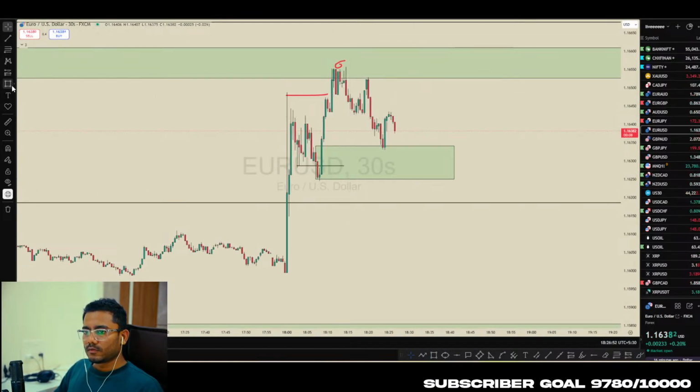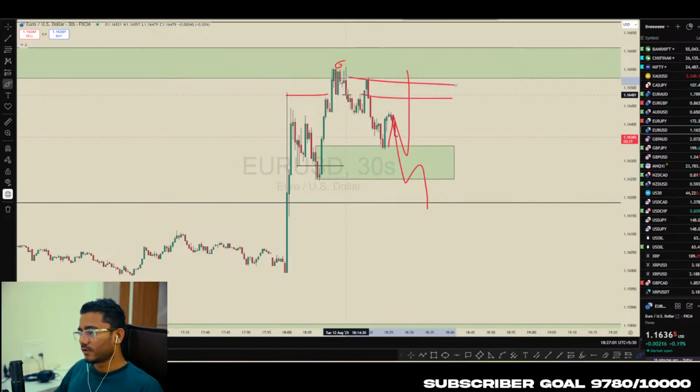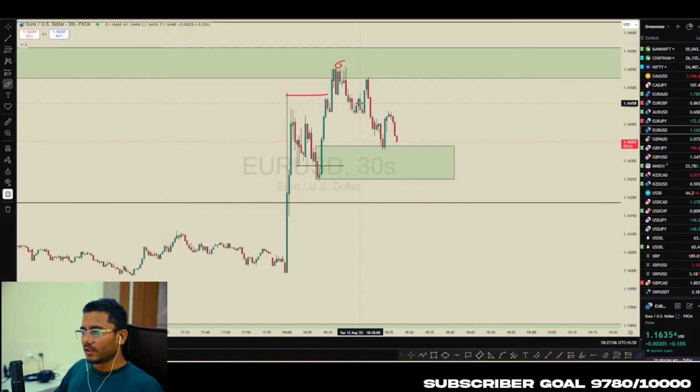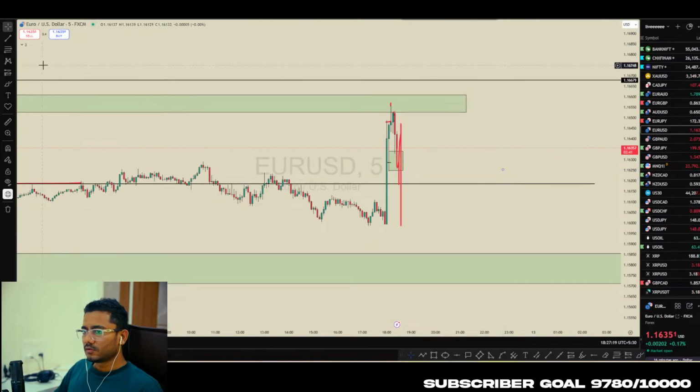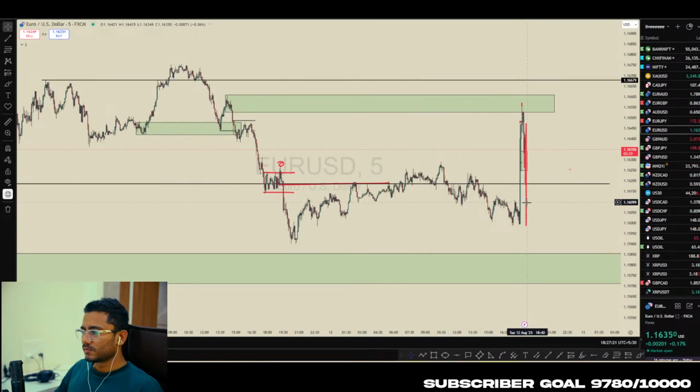So I'll take this first buy side trade, and if then this breaks, then I look for sell side from whichever area took out the liquidity. So in this case, we have this wick which took out this high and again gave us a breakout structure. If this gives us entry, we can look for buy side. If this fails, then we can look for sell from this area. So something like this should happen.